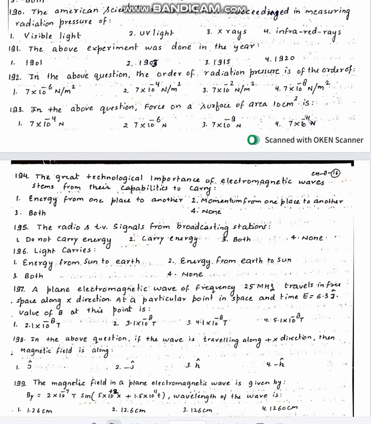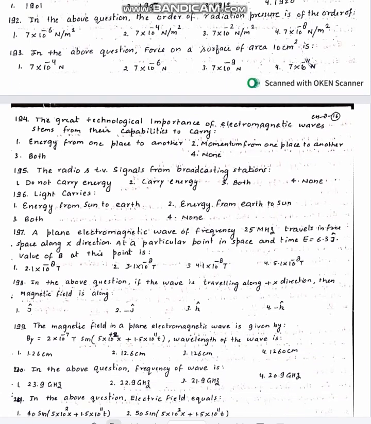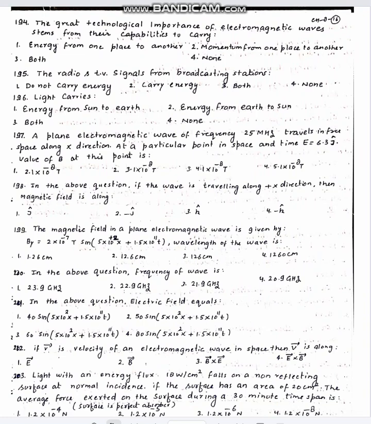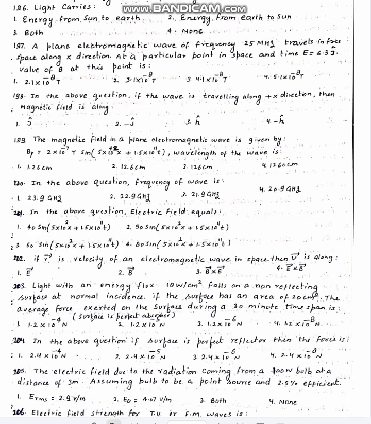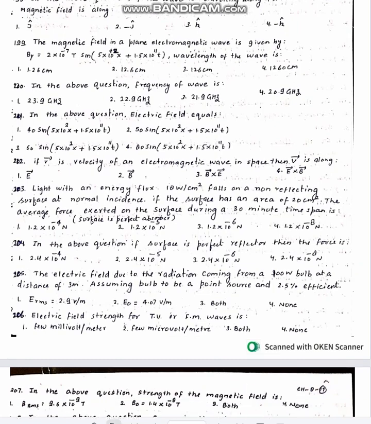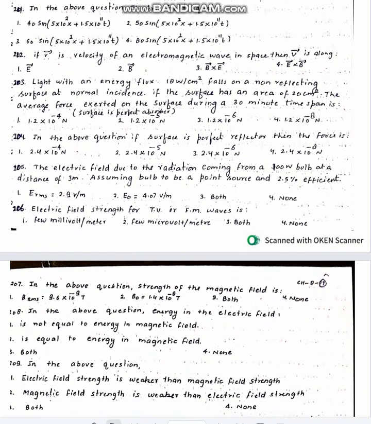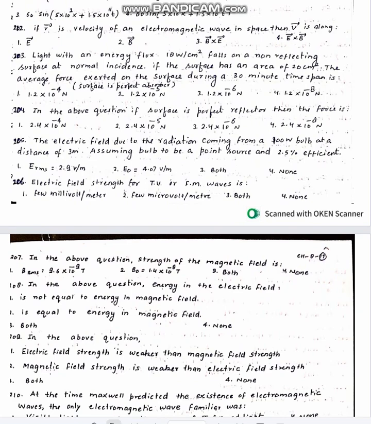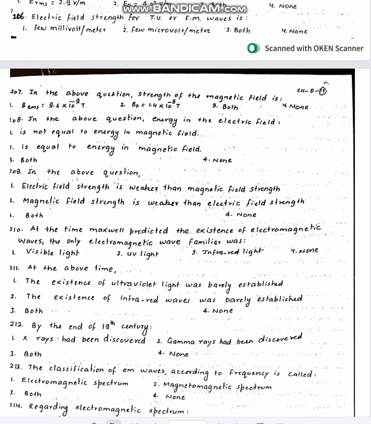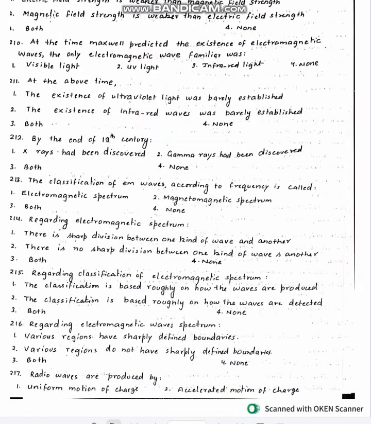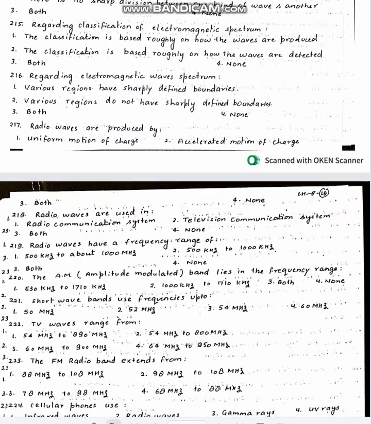Electric field is given and we have to calculate magnetic field at that particular point. Then direction of transmission of EM waves. Then we have numerical problems based on the electric and magnetic fields in space. Then we have a relation between velocity, electric and magnetic fields. Numerical problems based on force, pressure. Then we have concept of electric bulb, electric and magnetic field at a certain point. Then we have certain theoretical problems on that.